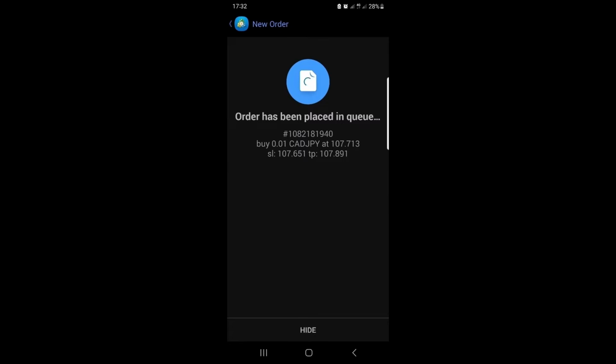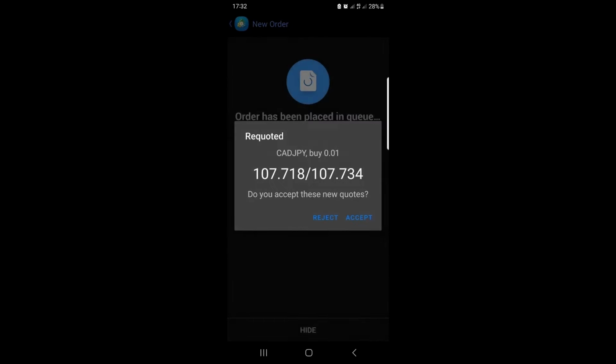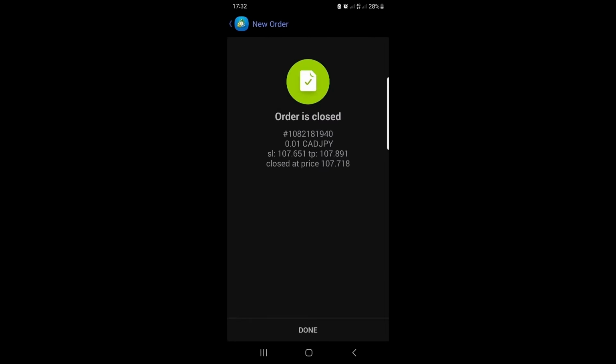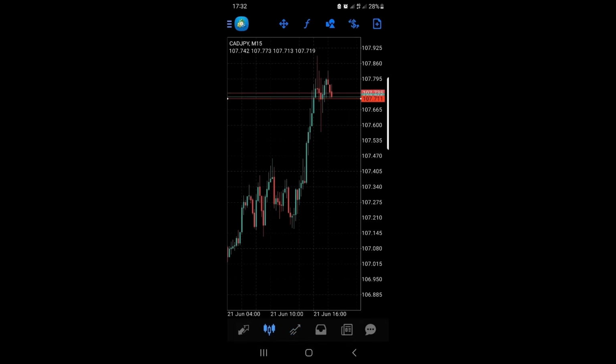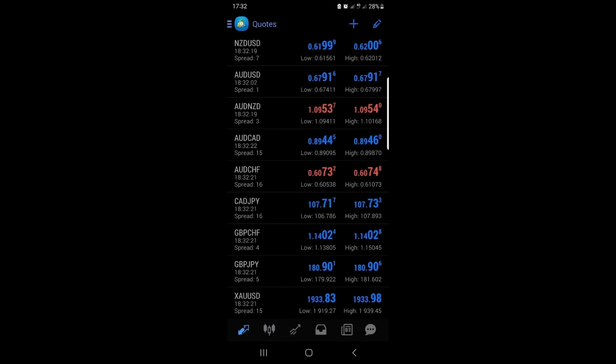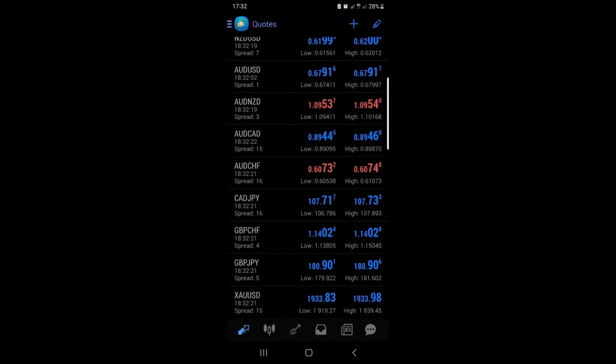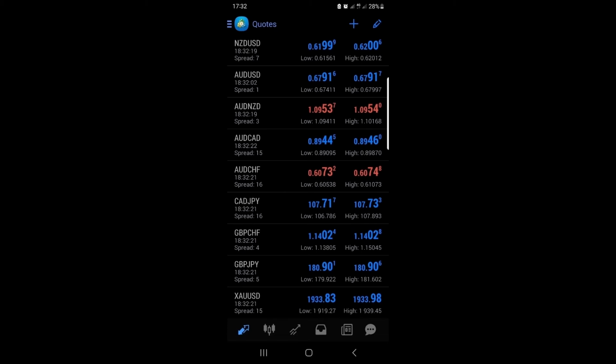Okay, now let me give you another example. Okay, so let's say I want to take a buy again. Okay, but this time I want to use a higher lot size. Remember what I said. So let's start from beginning. Let's say we want to try a different pair. Okay, let's say the pair is not here, so we want to use